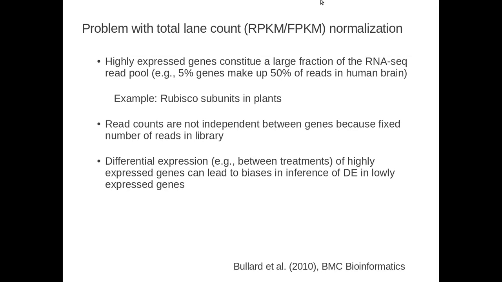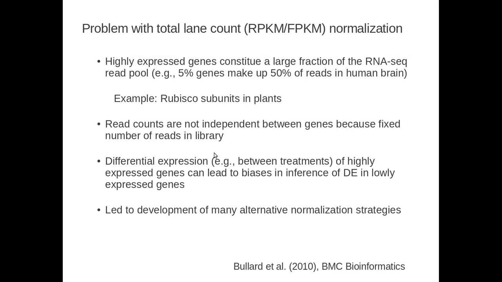If we simply divide here by the number of reads, effectively we're just dividing mostly by Rubisco's read counts. And so if Rubisco is differentially expressed, then you are not normalizing the same between each of the two libraries. Because for the sample that has higher expressed Rubisco, we're normalizing to a greater extent, or we're dividing by a bigger number than in samples that have lower expression of Rubisco. And so this is the problem, and it's really the basis for the development of a number of alternative normalization